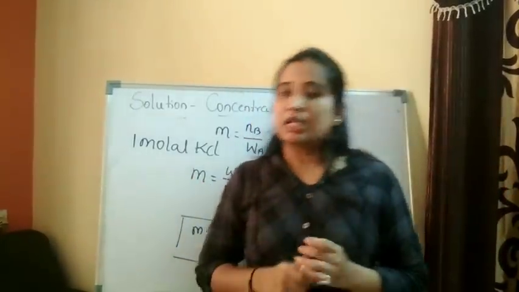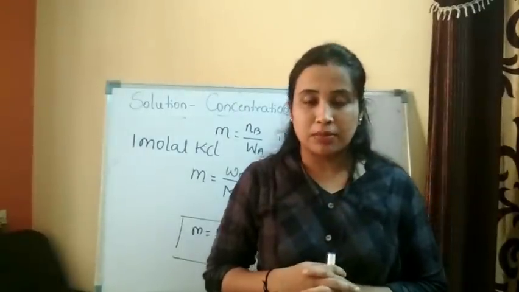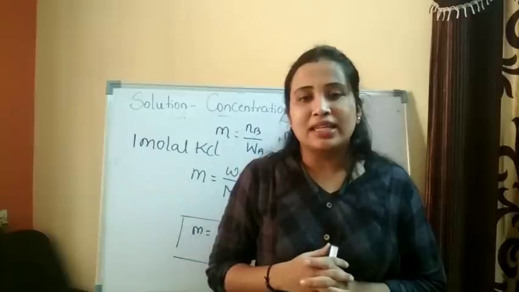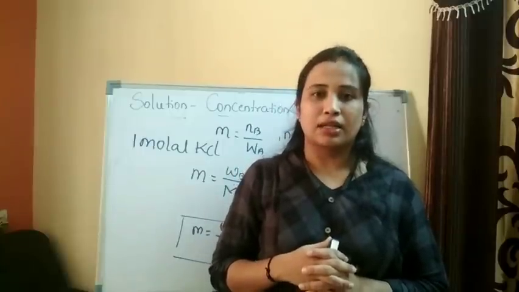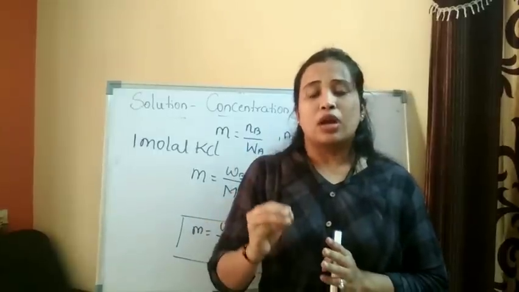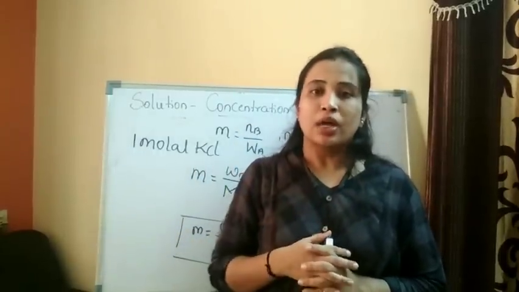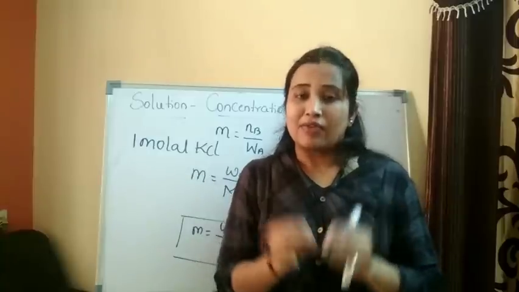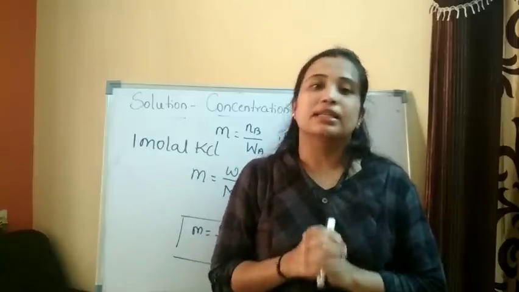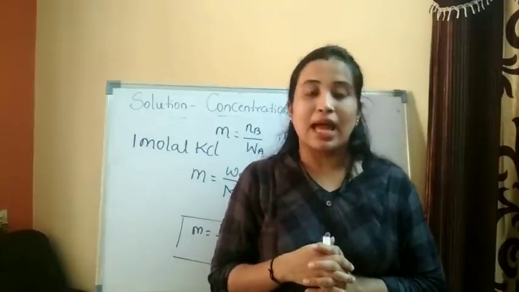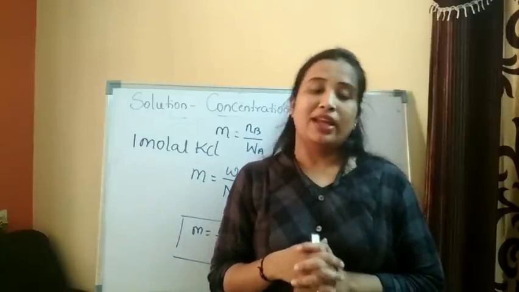So this we have studied in the first chapter, some basic concepts of chemistry, the concept of mole. Okay, 1 mole of any substance is nothing but Avogadro number of particles. And if you take 1 mole of any substance, how many particles, how many atoms it has, Avogadro number of particles. Okay, so 1 mole is nothing but exactly its molecular weight.